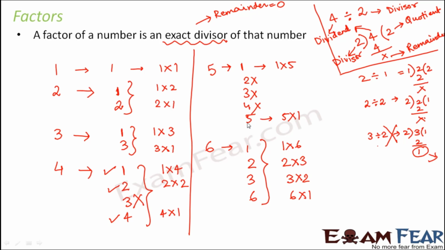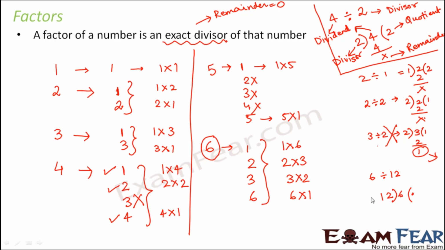For example, here let's say the number is 6. So what are the factors that we have? 1, 2, 3 and 6. Do you think that you can have any number which is greater than 6 as factor of 6? Do you think that 12 can be a factor of 6? No, it cannot be, because if you divide 6 by 12, what happens? 12 divided by 6. So what do you get? You will get a result in decimals,